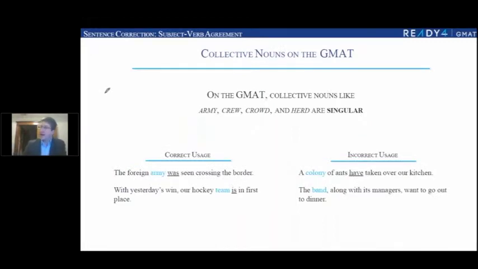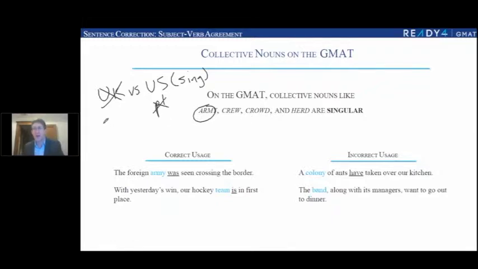This is one that you got to be very careful with, especially if you're exposed to UK English versus US English. The UK is a little bit more flexible about plural. American English is amazingly focused on singular. So any kind of word like army, team, company, a nation or a country, singular. So the army was, our team is, okay? You got to go with singular on any of these collective nouns.